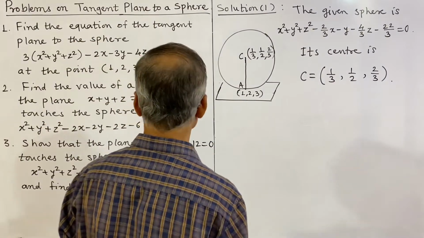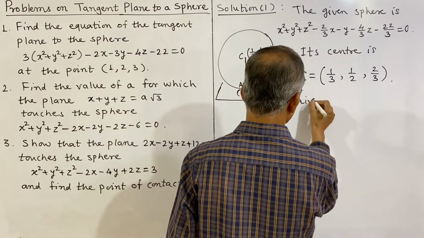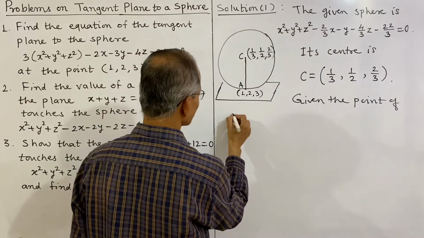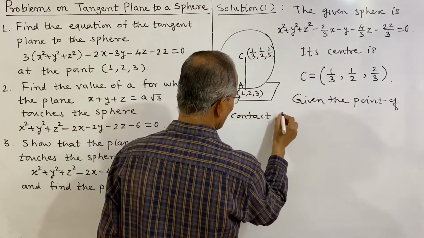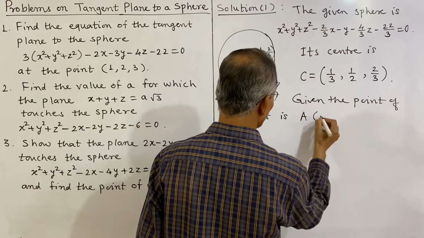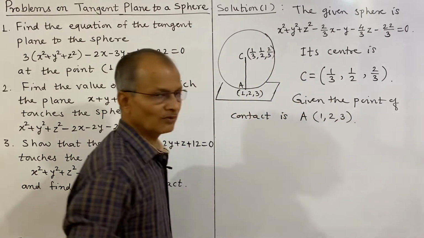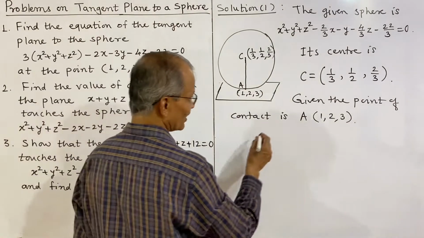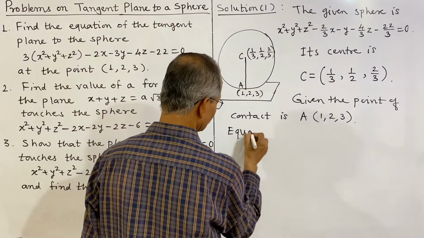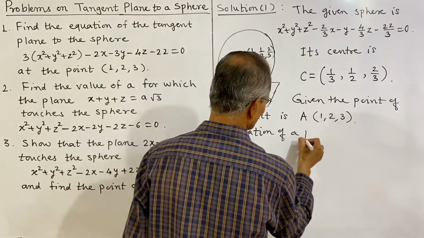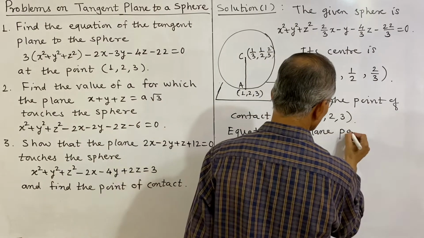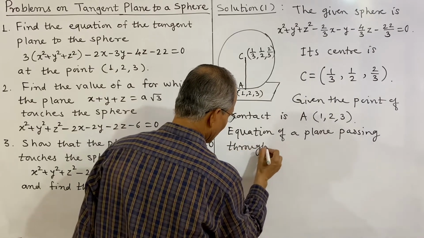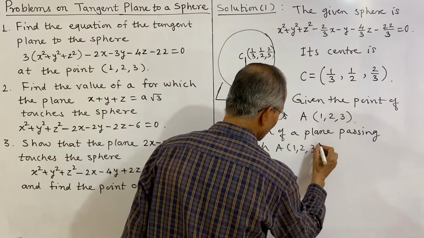So, suppose that point is A, 1, 2, 3. If we know a point, then we can write the equation of a plane passing through that point. So, the equation of a plane passing through the point A, 1, 2, 3 is,